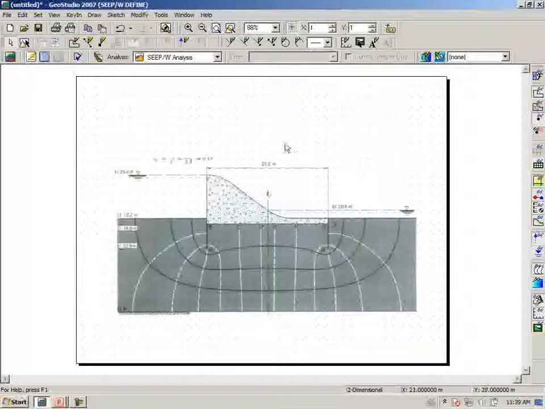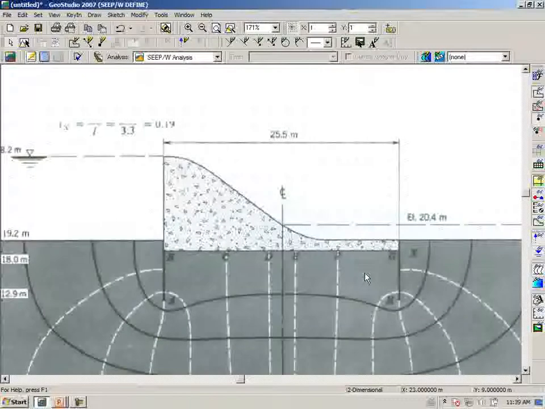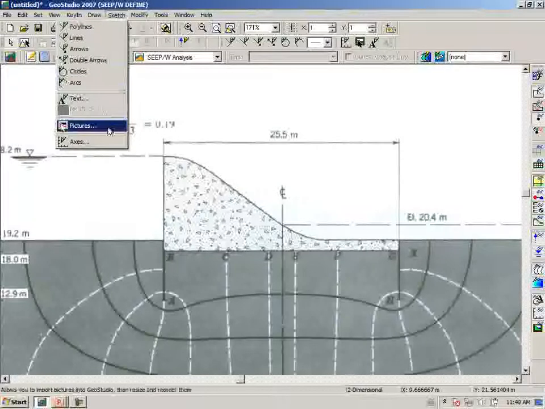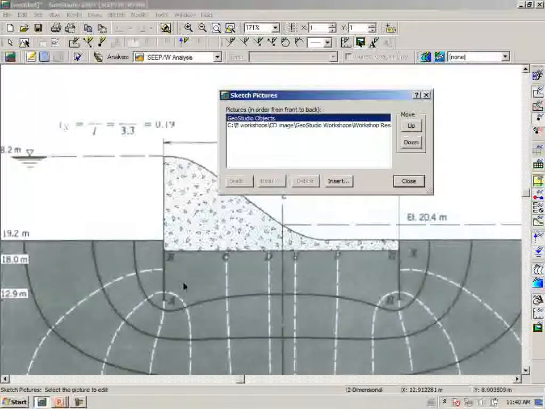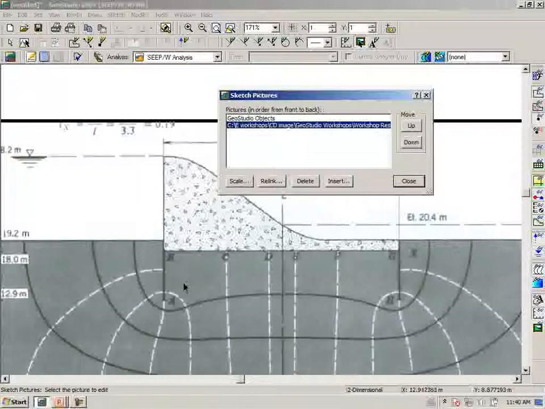The next step is that we can zoom in on a particular region of the bitmap, and we see that this drawing wants the center line, the x equals 0, to be at the center of the drawing. And we have some dimensions here which can aid us in setting the appropriate scale. We can turn off the snap to grid, and going back to sketch, pictures, and then clicking on the bitmap, we can